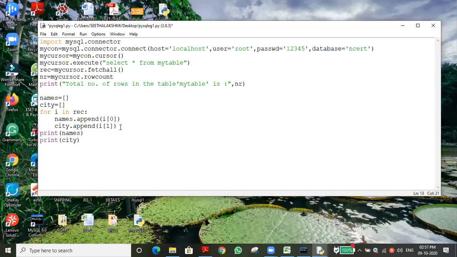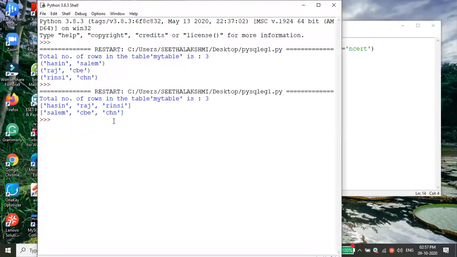For remaining students, have you understood what we are trying? So now you can see, names alone segregated as a list. Why I am showing this means, for example, in the database, we retrieved the data successfully. If you want to use the data for further use, for example, you want to access only the name, or else you need only the city or whatever.